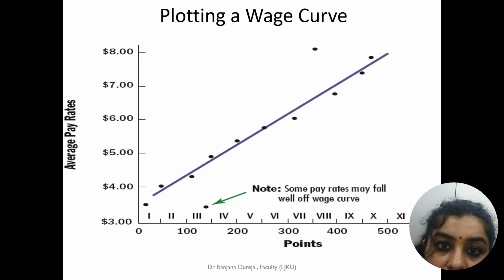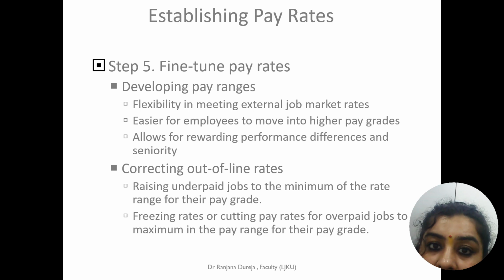Here there are certain deviations. In this figure there are arrows, which denote that in some cases we are paying less, in some cases we are paying more. The fifth step is to do fine tuning of paying less and paying more. We have to analyze or estimate so that we should not underpay or overpay, and the pay should be in a correct line, in a tuning line.